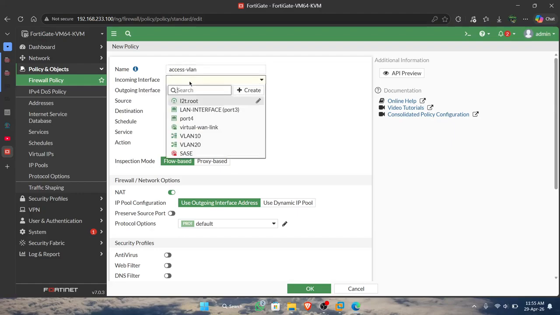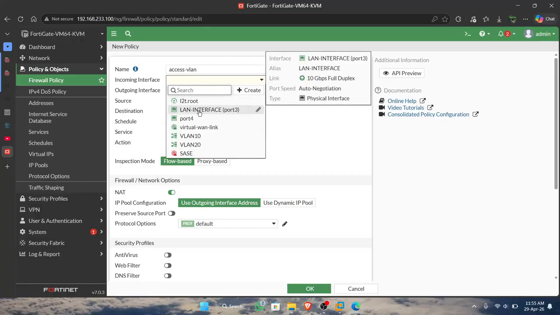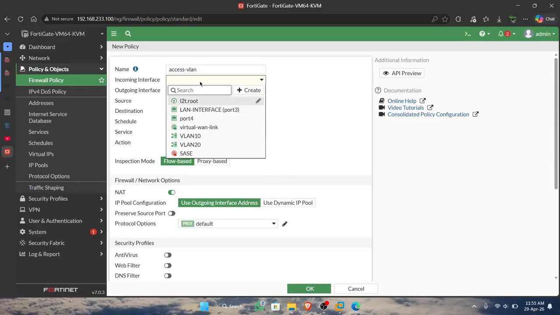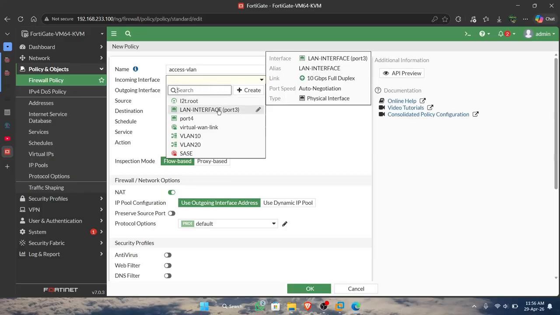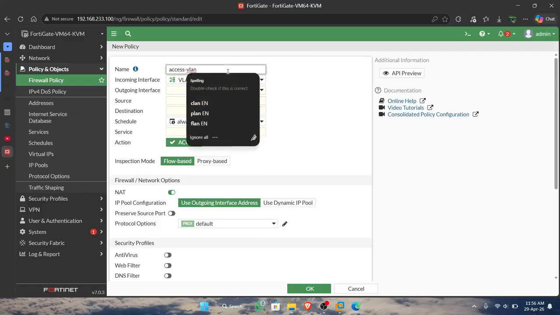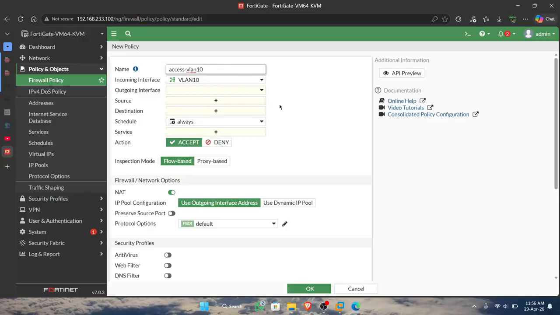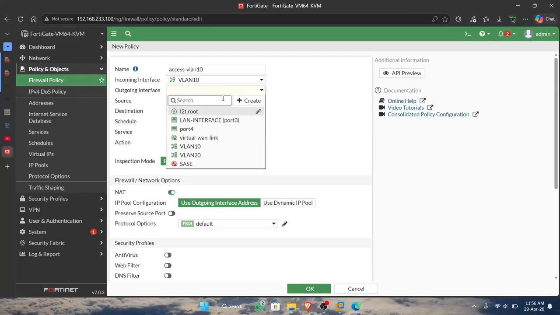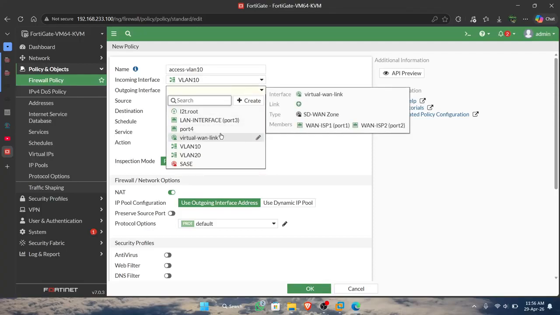Select the incoming interface. For the incoming interface we enter VLAN 10, because this is to host firewall VLAN 10. The next column is the outgoing interface, where we enter firewall normally.